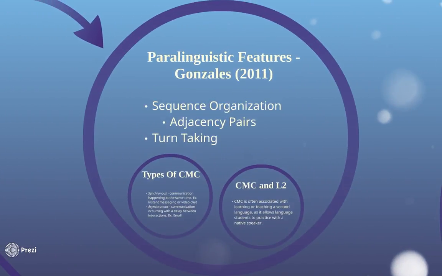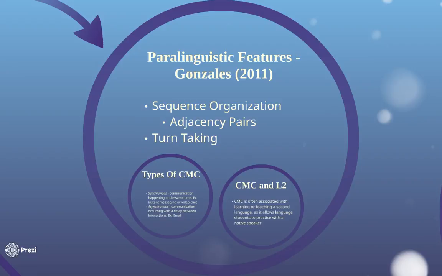While Walther's research focused on interpersonal and relational effects of CMC, another communication researcher, Marta Gonzalez, explored the paralinguistic features present in CMC and how they compare to FTF. In a study of conversation analysis cases on CMC, Gonzalez found that the sequential organization of CMC differs greatly from FTF. Specifically, she concluded that the sequence of CMC is much more chaotic than FTF, partly due to the lack of adjacency pairs. In FTF, turns that appear next to each other are considered adjacency pairs, and the floor to speak belongs to just one person at a time.